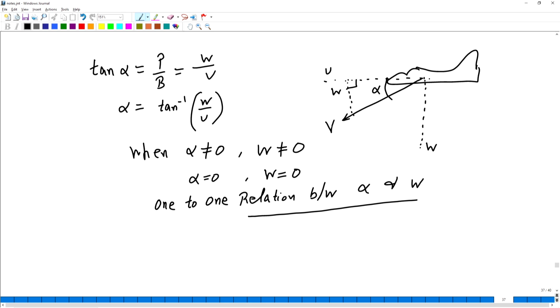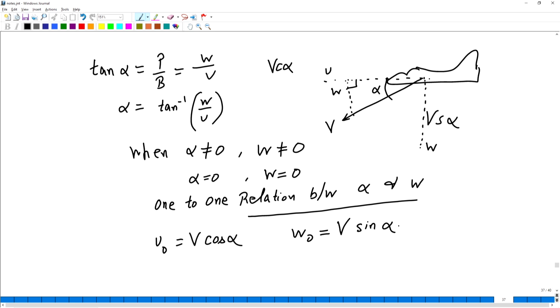All right. Now if you resolve this component of velocity, in this direction we have v cos alpha and here we have v sin alpha. So we need some initial conditions to run our model, right? So we have initial conditions. I am denoting it as 0 in the subscript. So u naught is v cos alpha and w naught is v sin alpha.